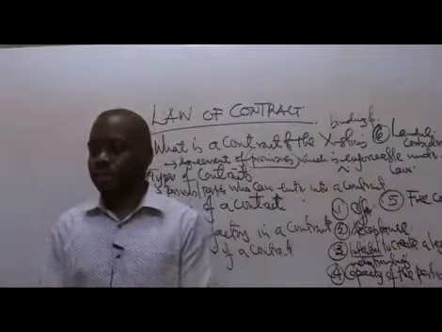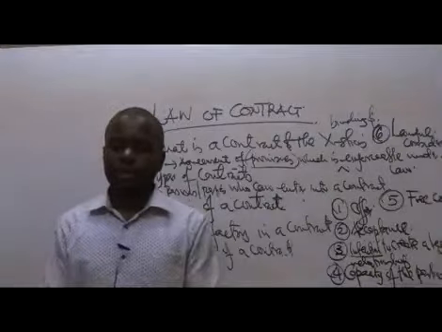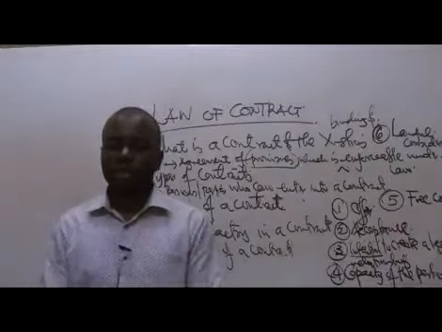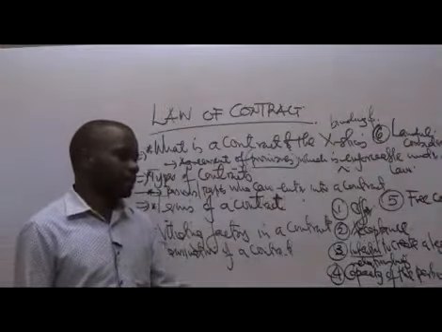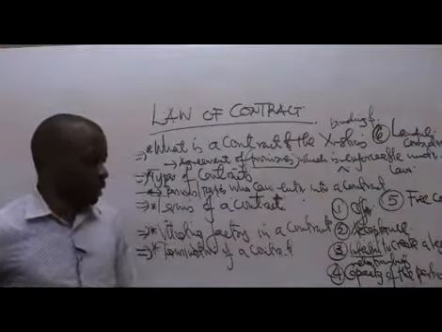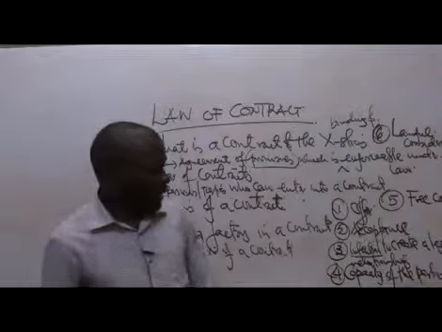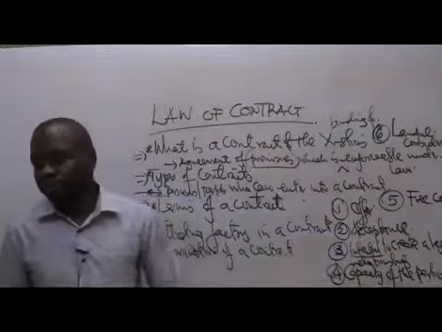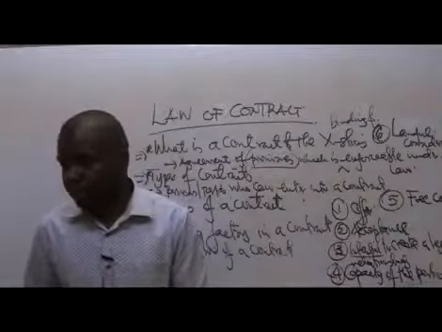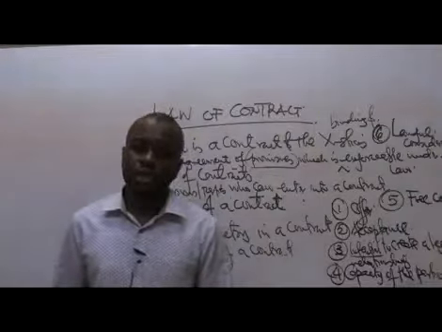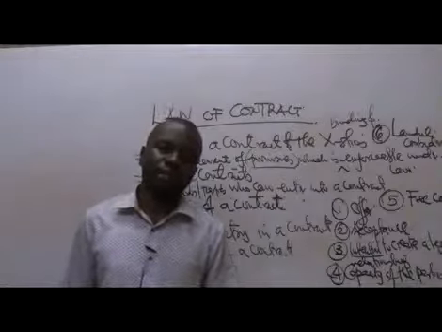This is an essential element that should be present when any agreement that can be concluded as a contract is being entered into. So that's what we mean by capacity of being able to contract. There should also be what we call intention to create a legal relationship. The agreement you are entering into should be lawful. It should not be outlawed or illegal.